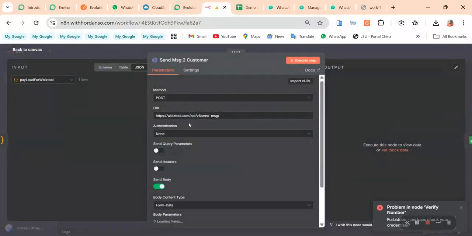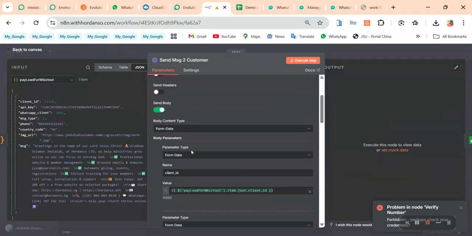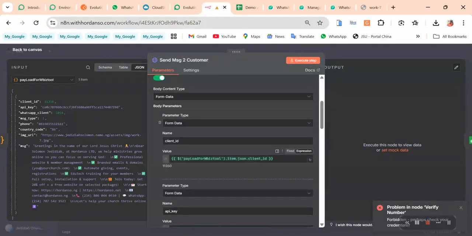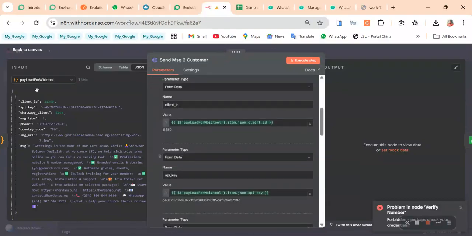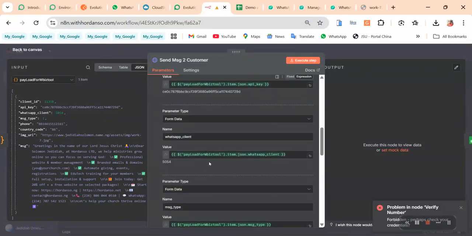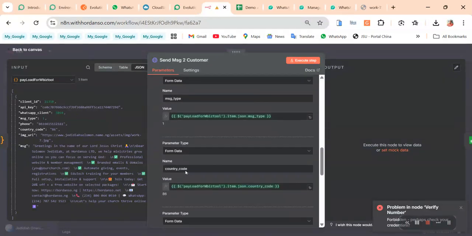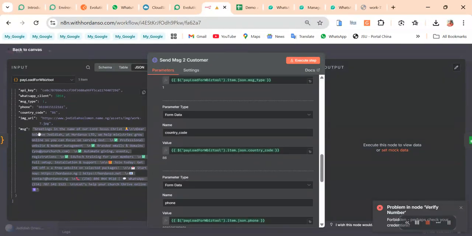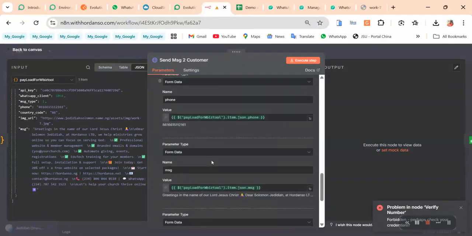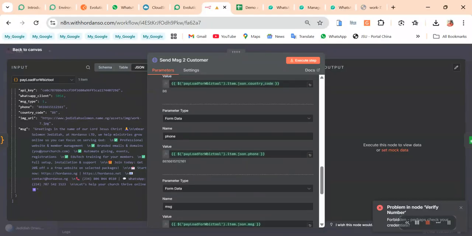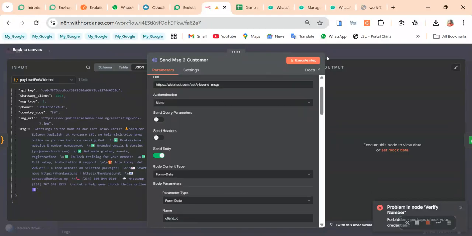So to send the message, you send it to the endpoint v1 send message. What are you sending? You are sending your client ID from the payload. Remember, you send all the payload. These are the payloads, all of them. Those are the things you are sending through form data, and that is it. So if I do this,